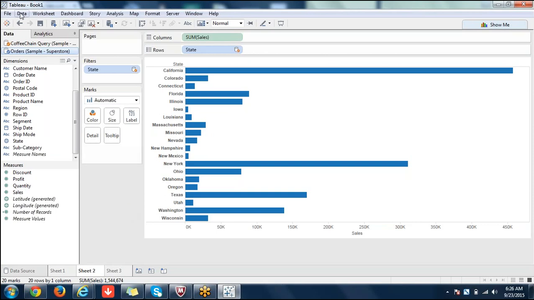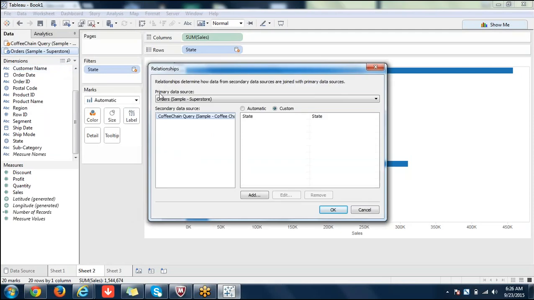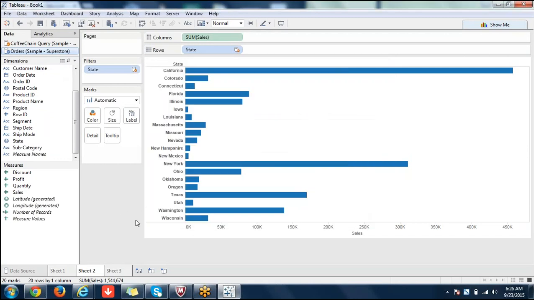And remember, wherever you see this in relationships or whatever it is, you're not seeing a word called blending. Relationships determine how data from secondary data source are joined with primary data source. No blending word. That keyword is not there in Tableau. It's an official Tableau word, but here in desktop, it's not there. It will not say what join it is. It's only people's assumption for the sake of interviews and jobs, how you'll understand the data in real time. So a bit of data warehousing into Tableau. Okay, got it?